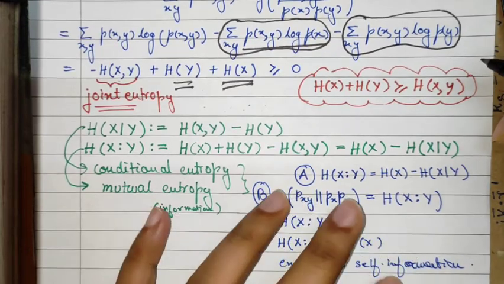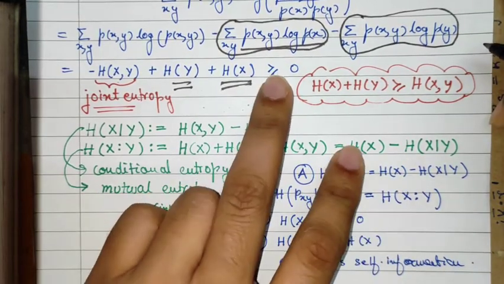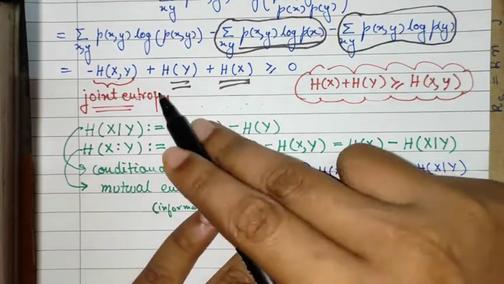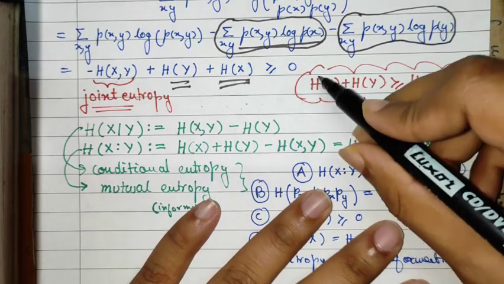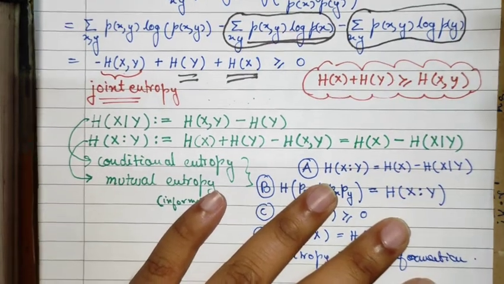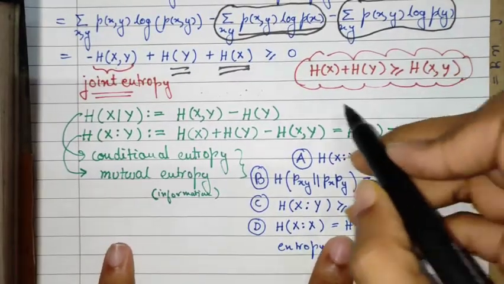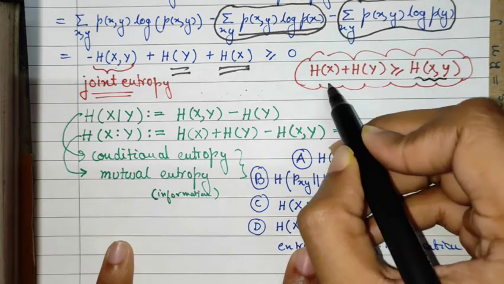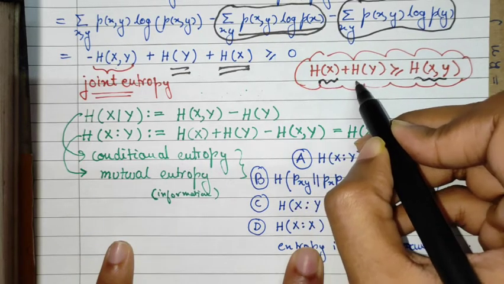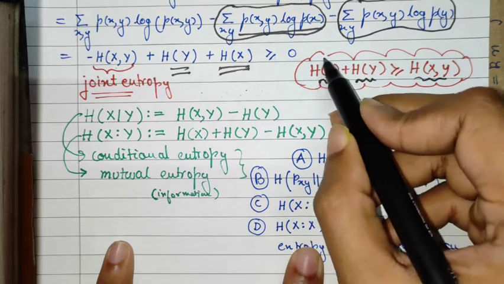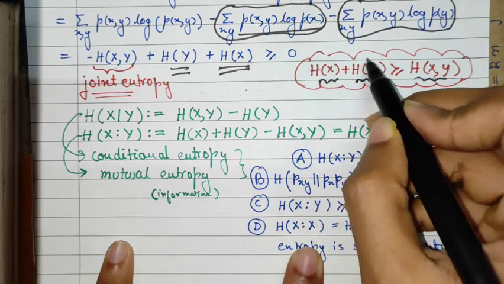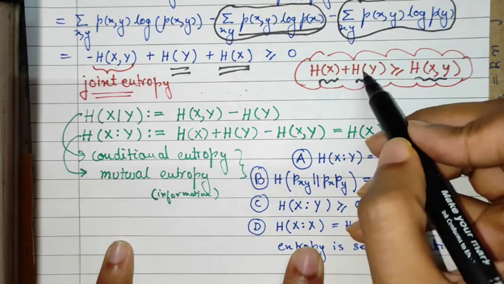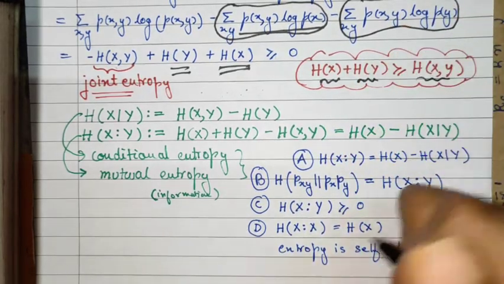And now we can see that as relative entropy is always greater than 0, the joint entropy of the system is always less than or equal to the summation over the individual entropies. This is actually quite obvious, because you cannot gain any extra information apart from what you have. The uncertainty of x plus the uncertainty of y always will exceed the joint uncertainty. There cannot be more uncertainty than this, which is intuitively clear.